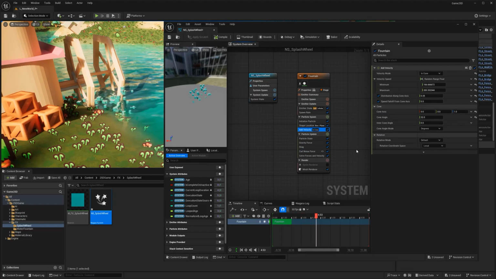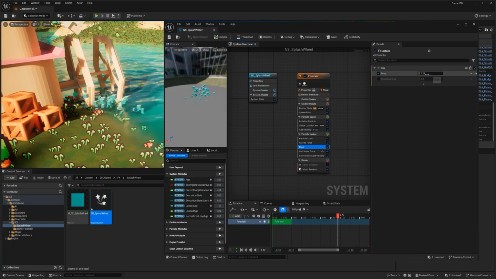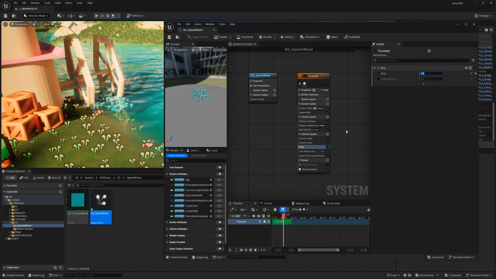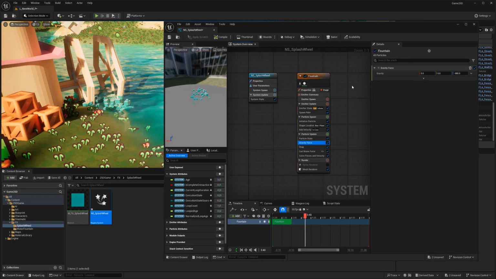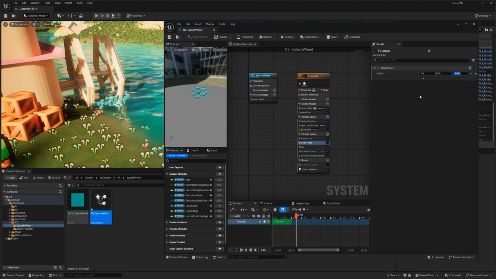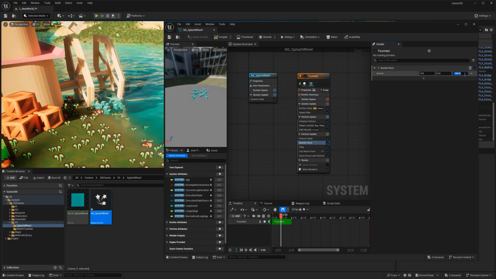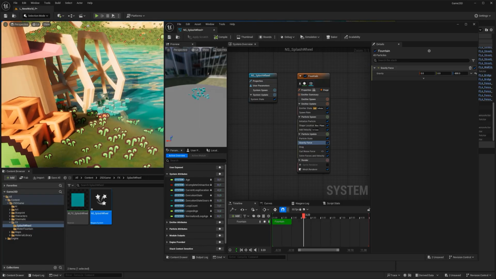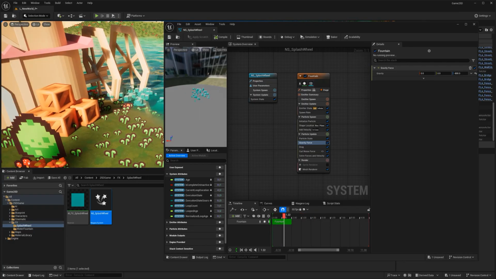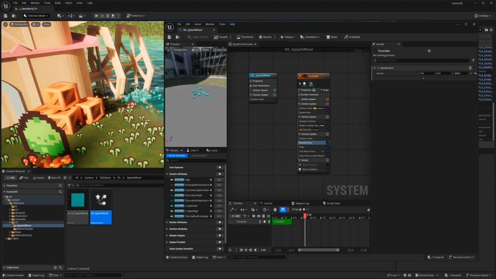The loss is still a little bit strong, so we're going to add a little bit of drag. So like 6. And if you don't want the gravity to be affecting as much, to be a little bit lighter, we can just halve the gravity. That was probably too much, so minus 800. I just want something that resembles water, but it's just a small detail in my environment. I don't want it to be super visible.